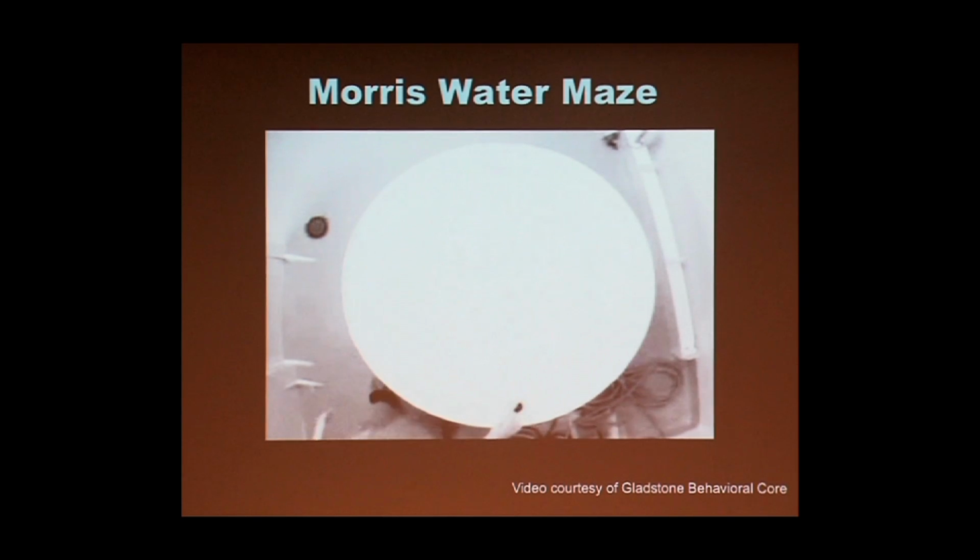It's the Morris Water Maze. On this task, the mouse is put into a cloudy, cold pool, and the mouse is swimming around trying to find the hidden submerged platform so he can escape. He does this over many trials, and the platform is always hidden in the same place. However, the rodent starts from a different position on every trial. So the only way to get better and better at finding that hidden platform, which he's sitting on right now, is to learn the relationship between the hidden platform and the cues that surround the pool